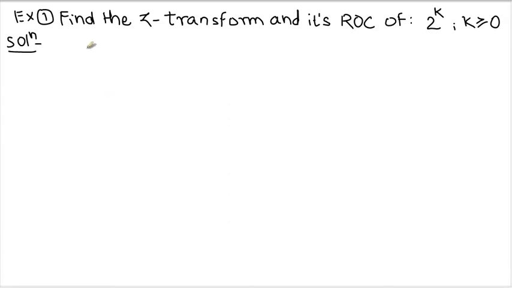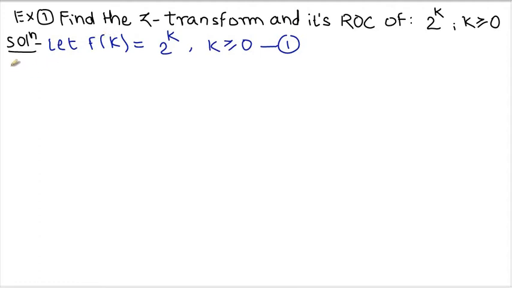while finding solutions, the function is given as 2 raised to k for k greater than or equal to 0, right? For this function, we have to find the Z transform. So this is a function of k, so it is f of k. What is that function? It is 2 raised to k. Condition is k greater than or equal to 0. This will be, suppose, equation number 1.